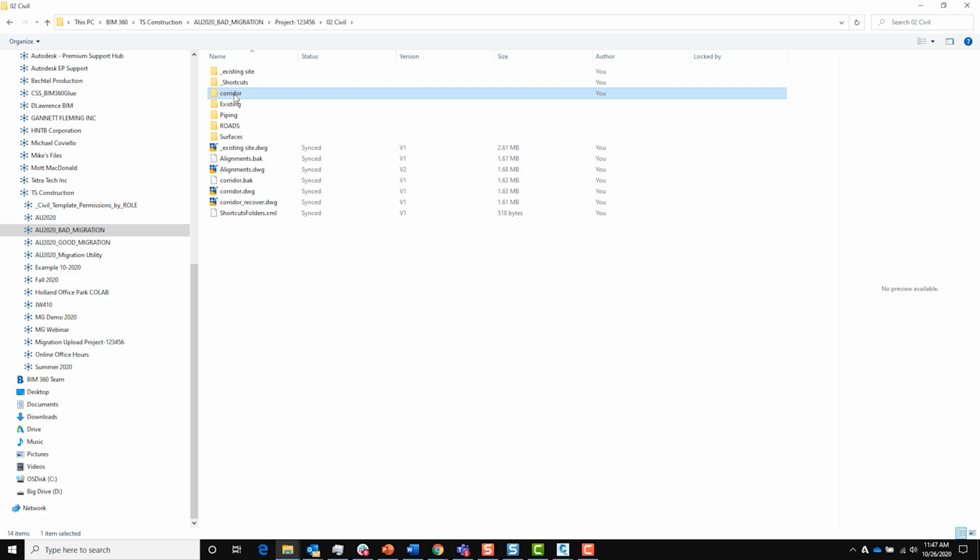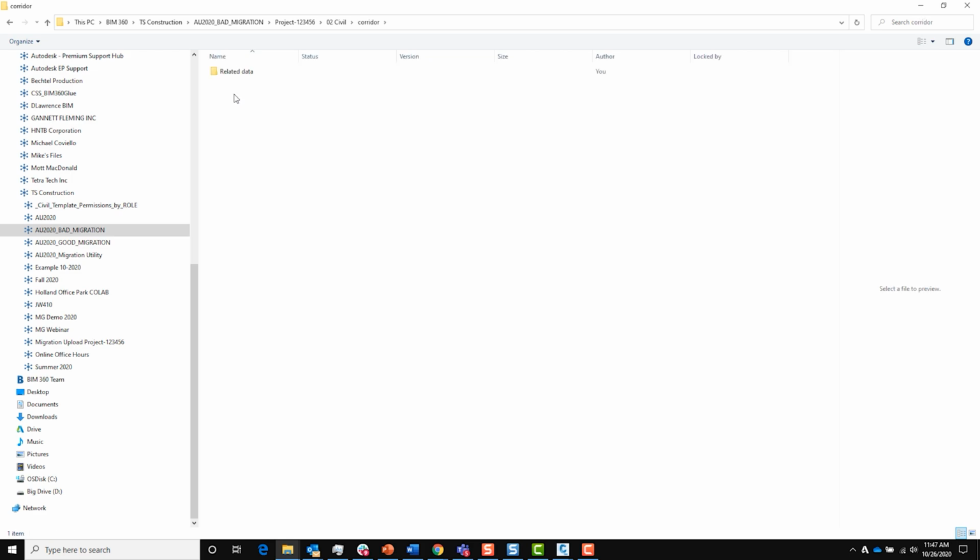So if I go into that corridor folder, I see a related data folder. I see that there are references to things that I did not resolve. So it's recreating this folder path. Ugh, what a mess. So we don't want that to happen. What's going to happen if we do that is we're going to end up with duplicate data.